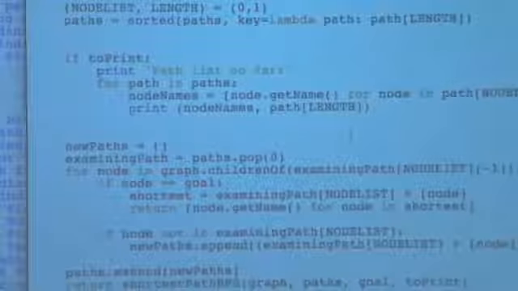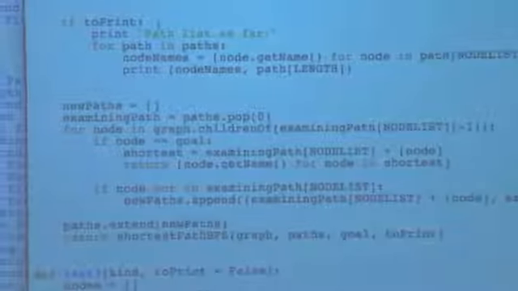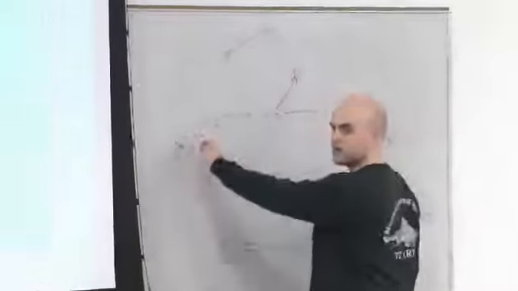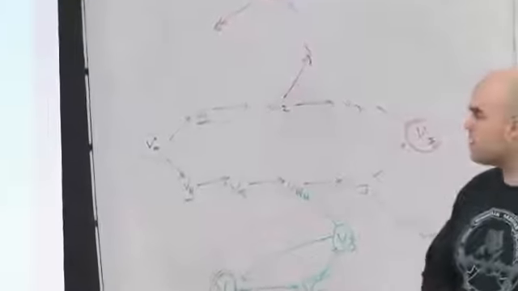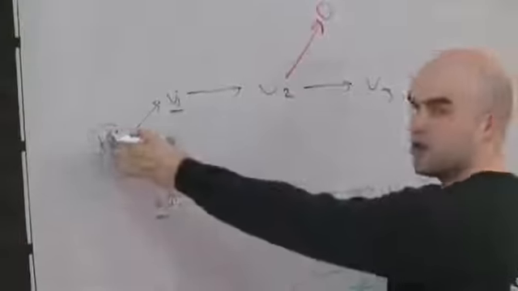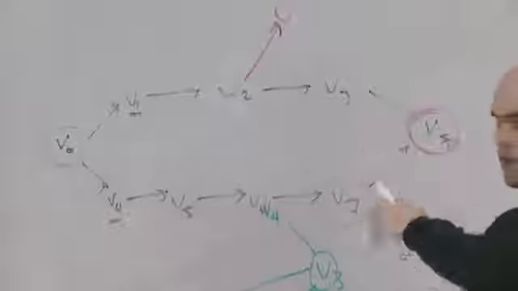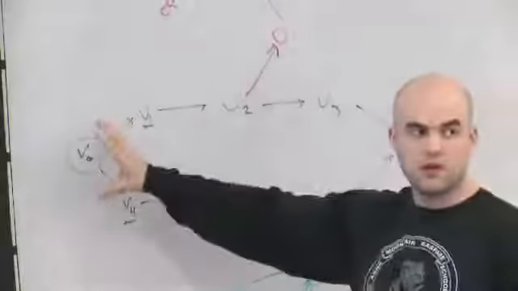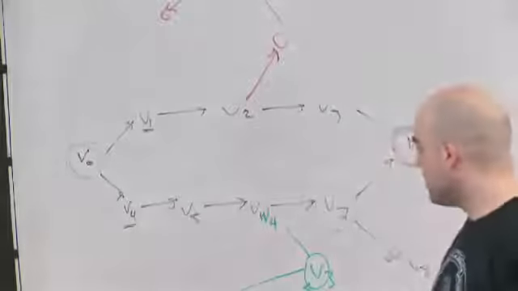Okay. So the idea behind breadth first search is that instead of asking the question, what's the shortest path from V1 to V4 and adding ourselves to the front of that to get the shortest path, we're going to build the paths from the start outward, or from the start forward. So in this case, we're building the paths from the goal backward. In this case, we're going to say,